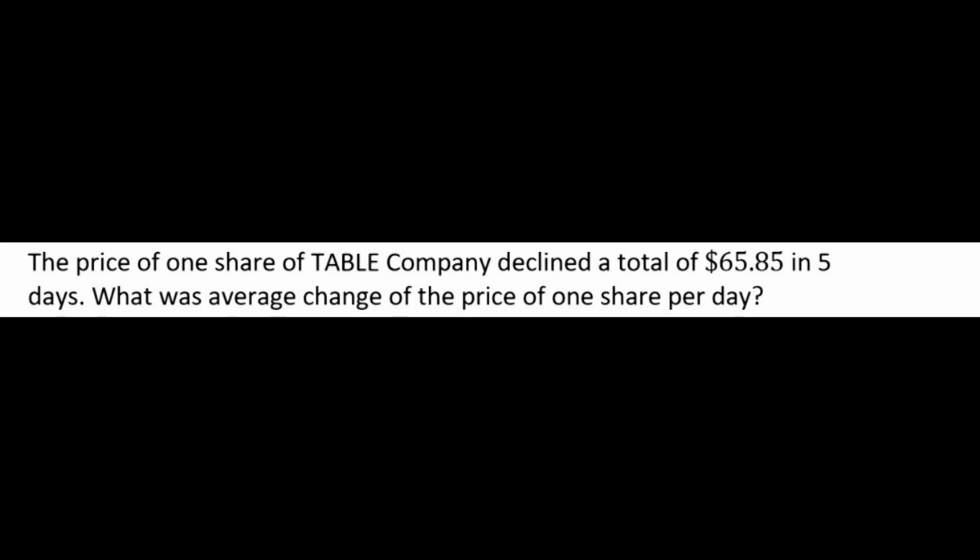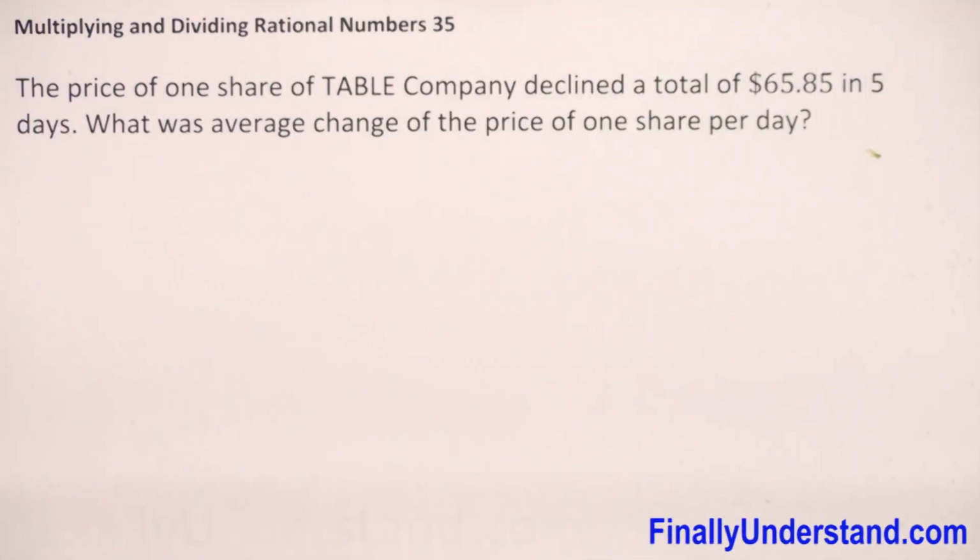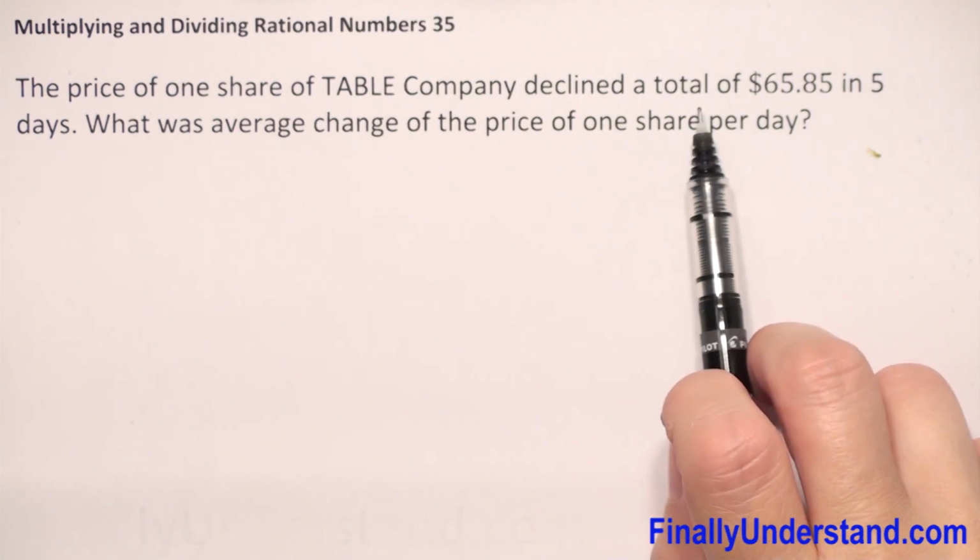The price of one share of Table Company declined a total of $65.85 in 5 days. What was the average change of price of one share per day? So we have given that the price of one share of Table Company declined a total of